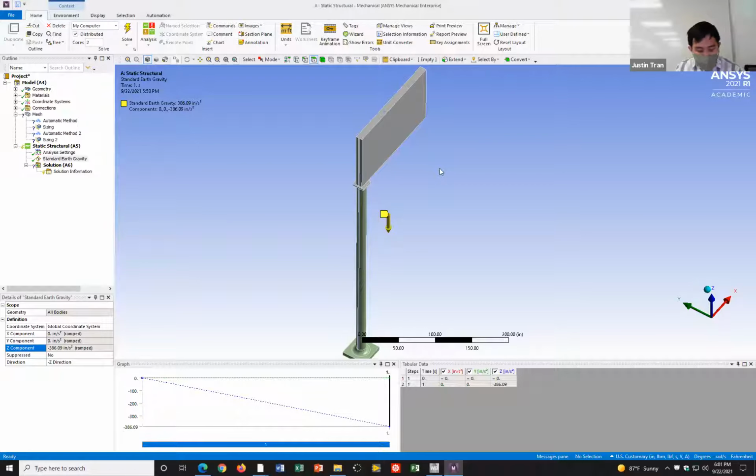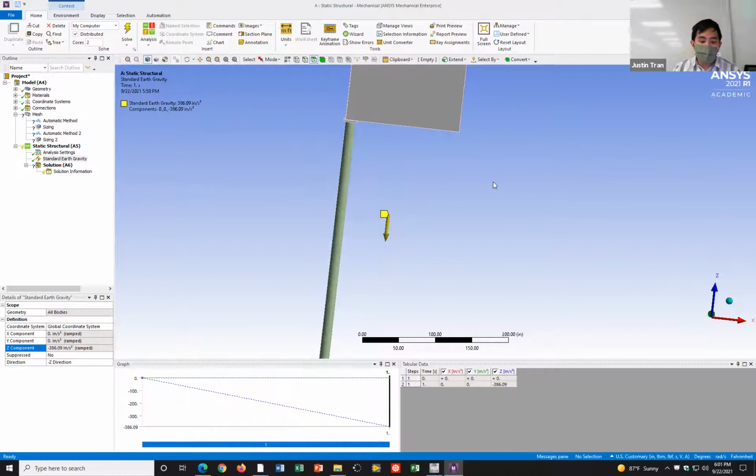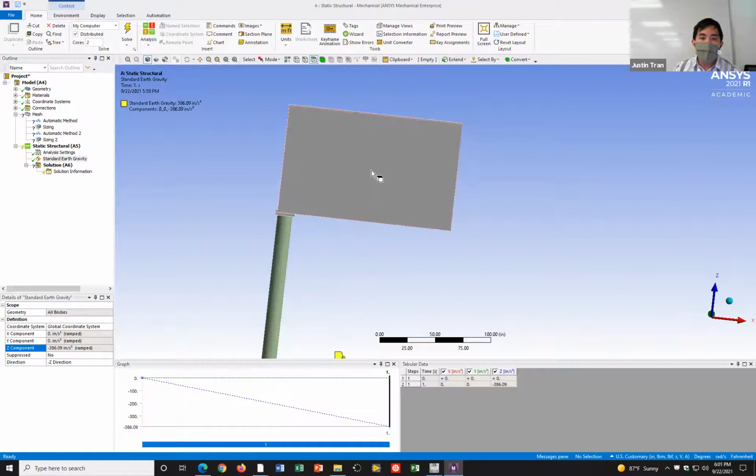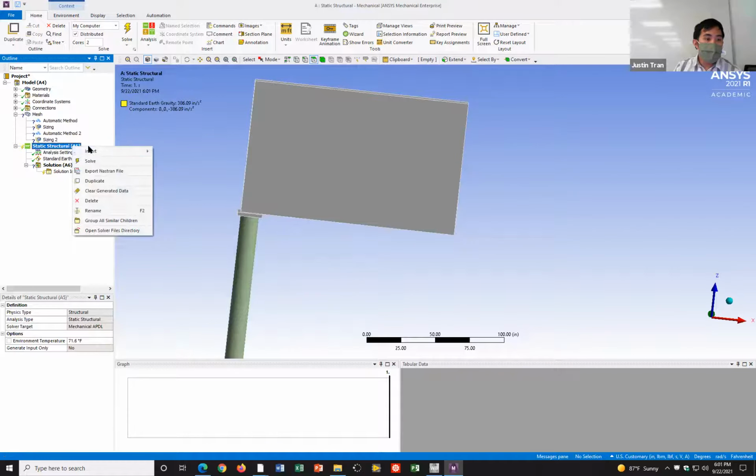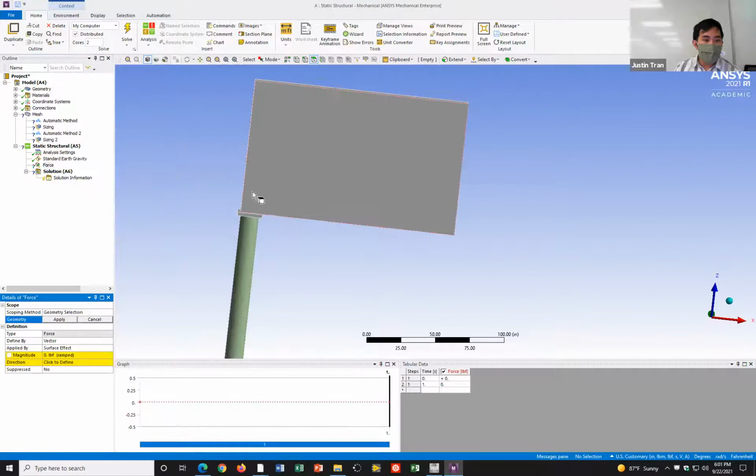So that's standard Earth gravity, and that's super convenient. Okay. All right. Another part of this project is that one of the wind forces that you're applying is going to be applied at a point on this surface. Let's go ahead and apply a force. All right. And this is going to be a point force. Even though on Monday I told you not to do this too much, I do want to show you how to do it